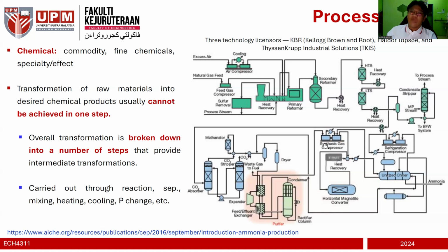The synthesis gas is basically a gas consisting of raw materials such as hydrogen and nitrogen, and it goes to a horizontal converter to produce ammonia, and then needs to be cooled down to produce ammonia. The rest will be recycled back. So as you can see, it's a long way of saying that producing ammonia from natural gas and air, from this raw material, is not as straightforward as it seems, because it involves a lot of processes.